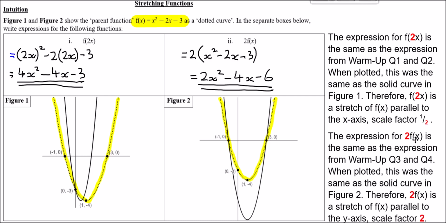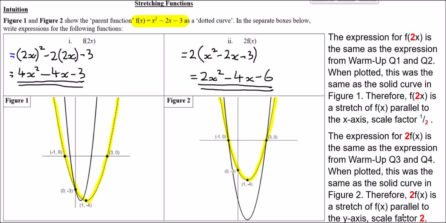The expression for 2 lots of f of x is the same as the expression from warm-up question 3 and question 4, which we worked out. When we plotted it, it was the same as the solid curve in figure 2, which we have here. In other words, this 2 in 2f of x is a stretch of f of x parallel to the